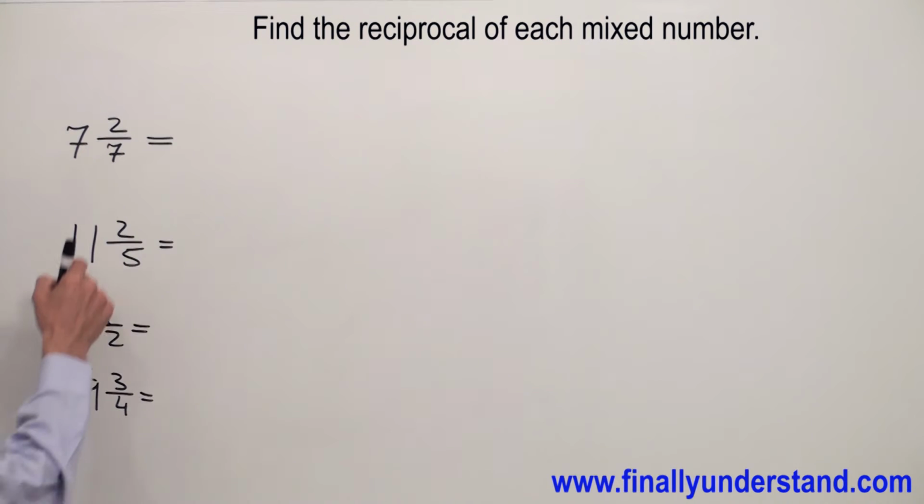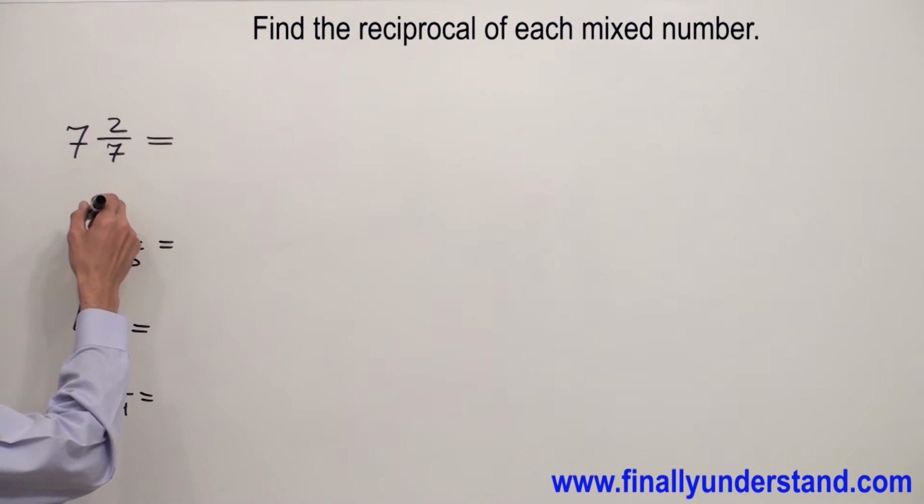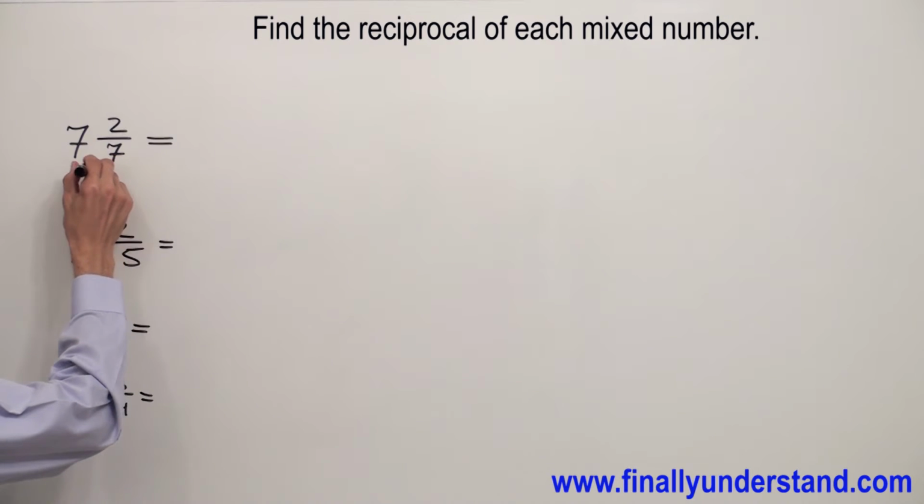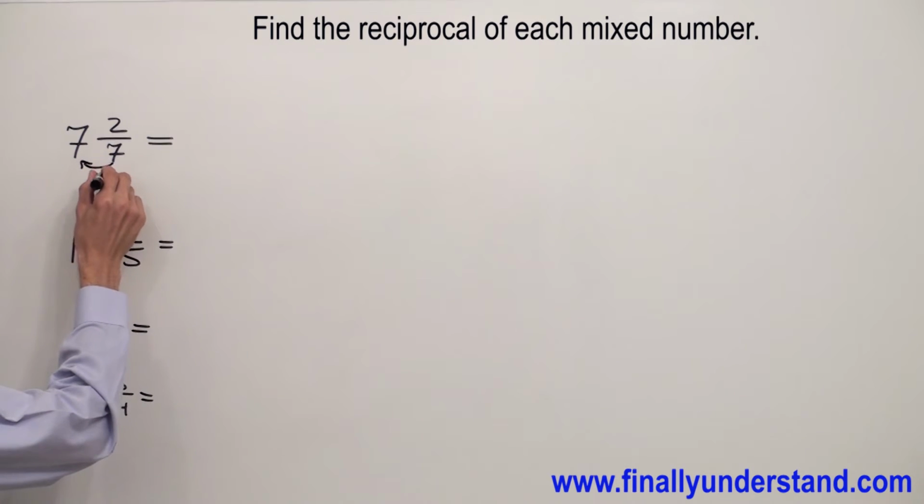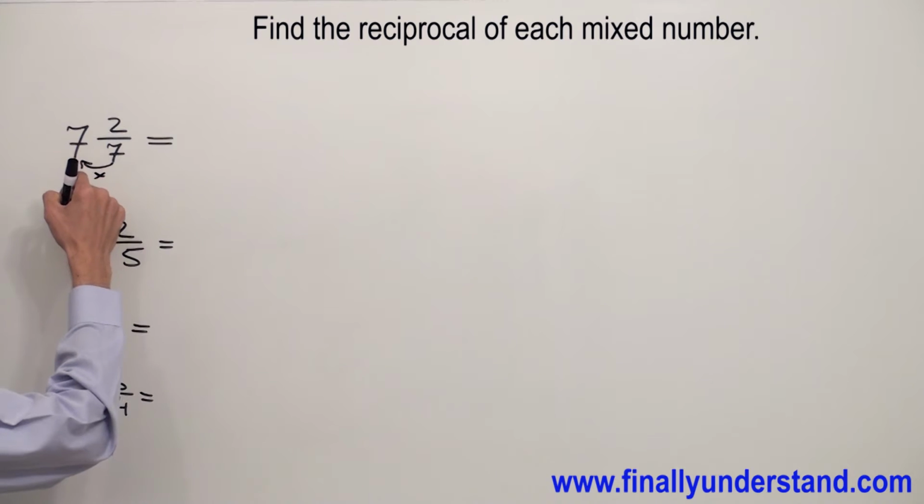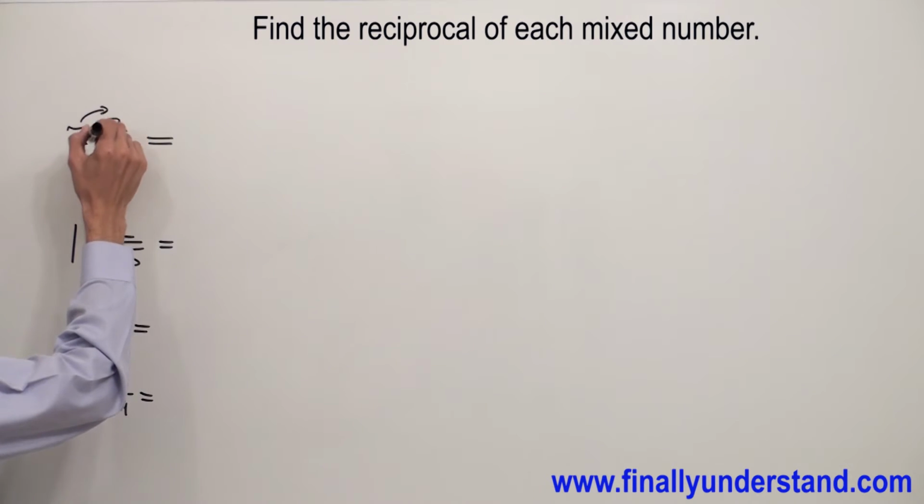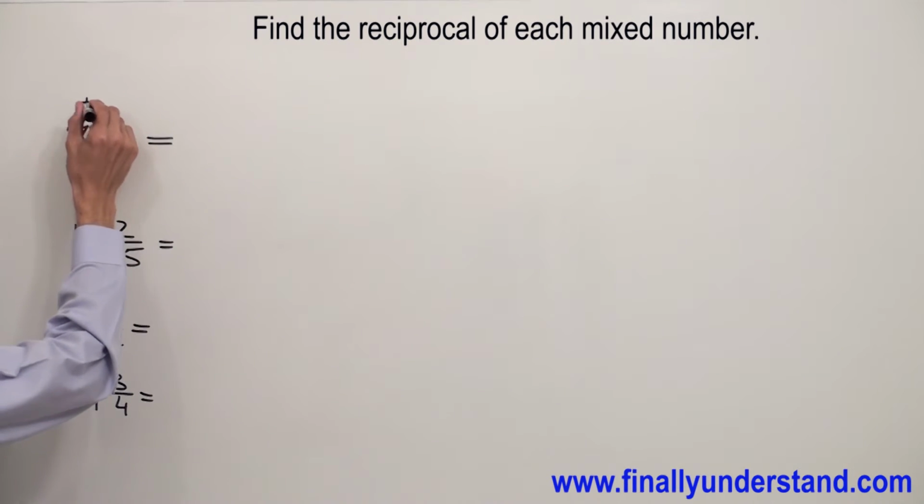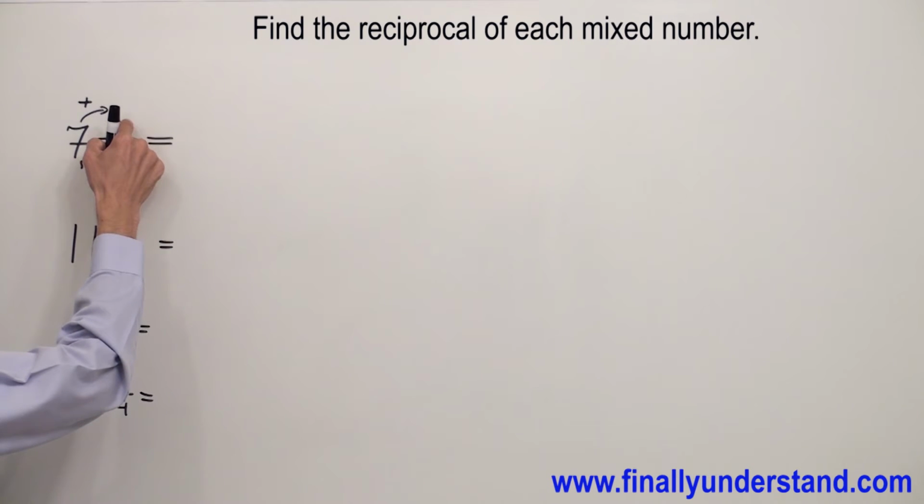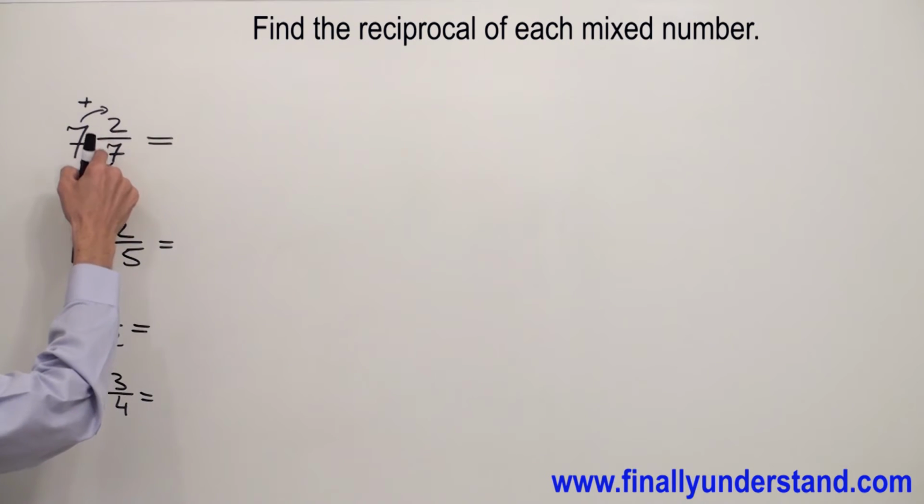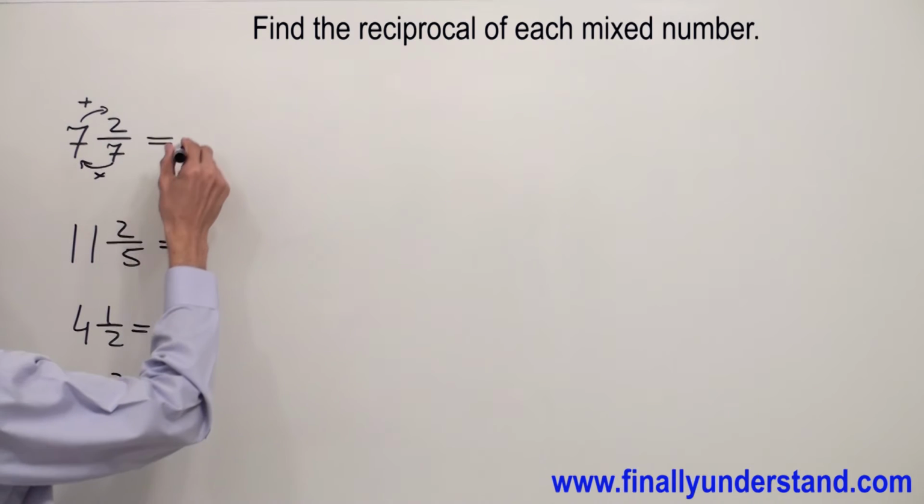We have to find the reciprocal of the mixed numbers this time. Anytime you want to find the reciprocal of a mixed number, you have to convert the mixed number to an improper fraction by simply multiplying the denominator by the whole number. 7 times 7 is 49, and the result of this multiplication you have to add to the numerator. So I have 49 plus 2 is 51